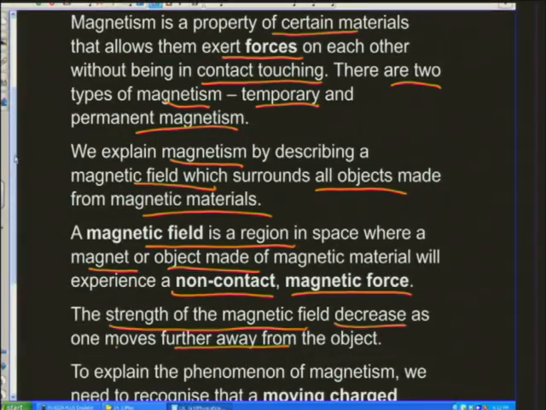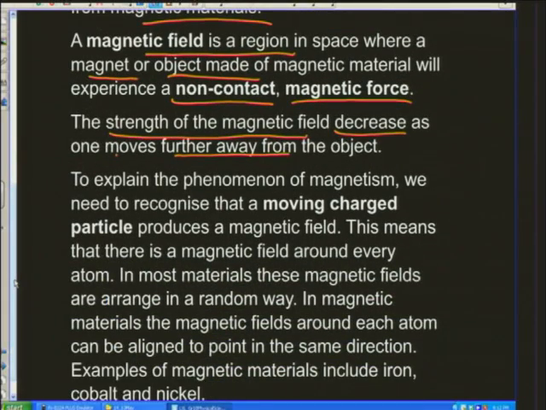Now, to explain this phenomenon of magnetism, you need to understand one thing, and that is, where does it come from? We've seen it on the big scale. So what makes it? How can we explain it? And scientists really struggled for a long time. They thought this was some spooky magic. Just like the topic that's related to this called electrostatics, which we'll deal with next week, also was kind of scary and people didn't understand it. Magnetism, they kind of just accepted, no explanation, until we started to find out about the atom.